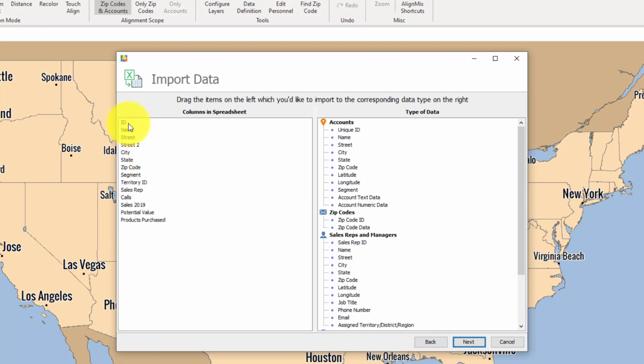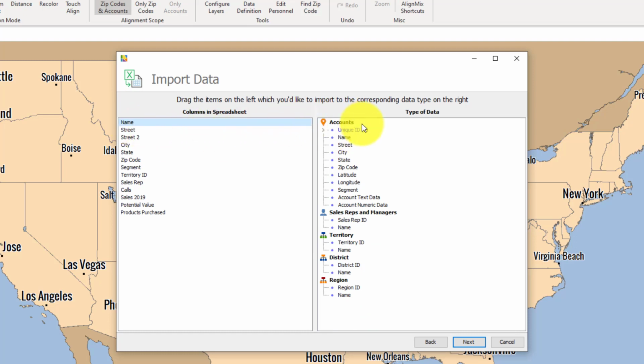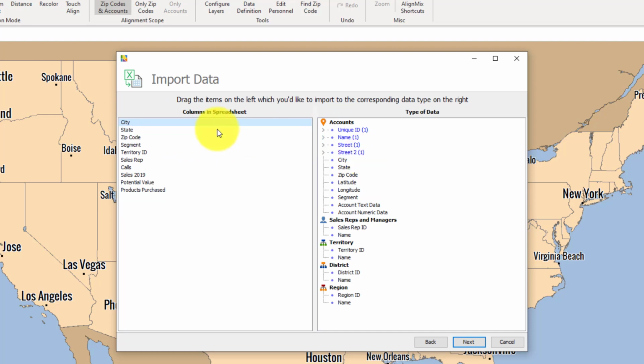Now what we need to do is drag these column data sets from the left to the corresponding section on the right. So to start with, account ID would go to unique ID. And right when I drop that ID in, you will see the other categories have collapsed. This is AlignMix knowing what we are about to import and is trying to simplify that process for us. The name will go to name, street 1 to street 1, street 2 to street 2, city goes to city, state to state. The zip code goes to zip code,